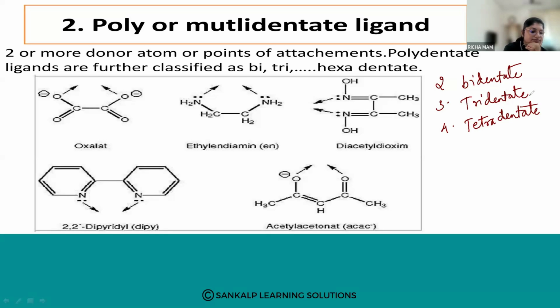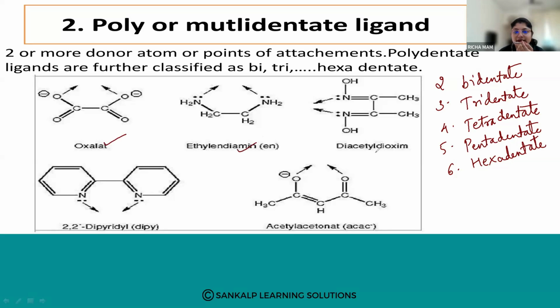Tetradentate, then if you have five, then it is called pentadentate. If it is six, then it is hexadentate. So in the previous class, we have seen that these are all bidentate, because you can see in the